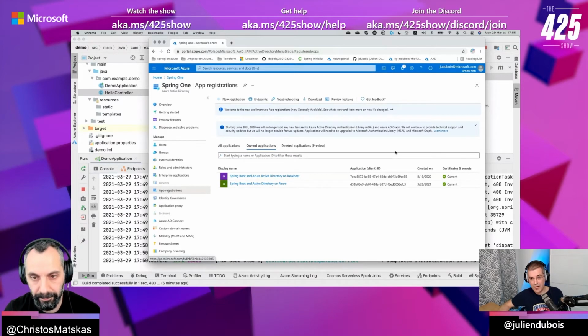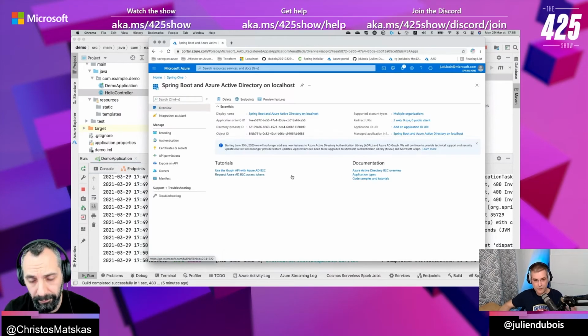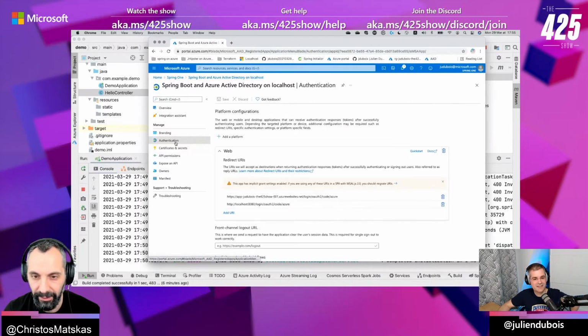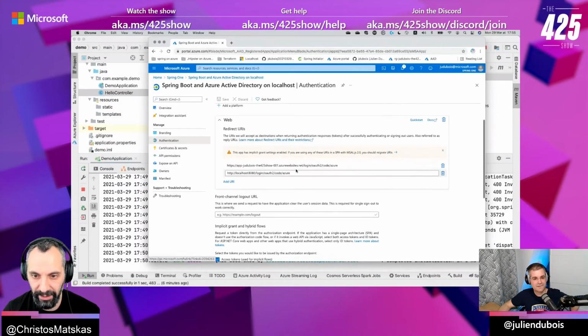So I've got two apps. So this is my localhost one, and this is the one in the cloud. It's the same configuration, basically. You know that you don't have to change between the two, right? You can use the same app registration for both local and production, although it's nice to separate them sometimes. You can have multiple redirect URIs for the same app. That's interesting. So if you go into authentication, then you can see you can add multiple redirect URIs, and as long as they're all HTTPS, it's going to work for you absolutely fine.